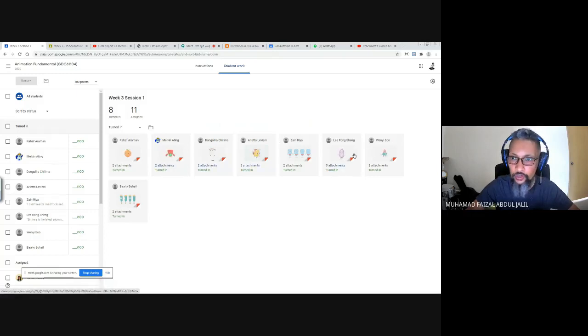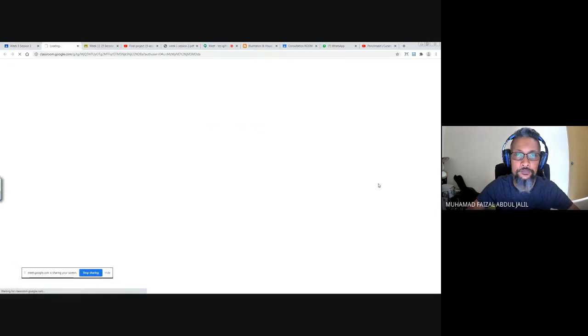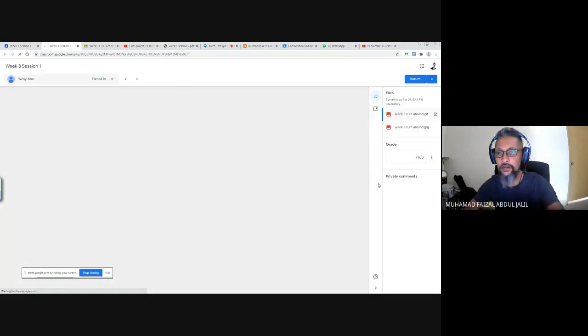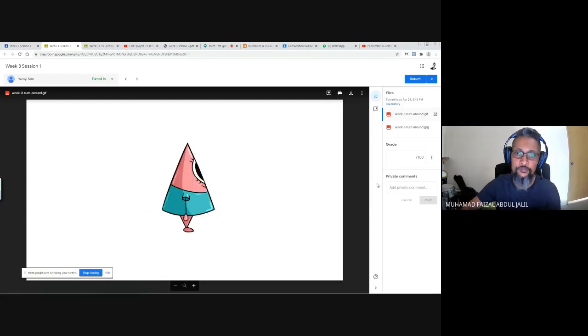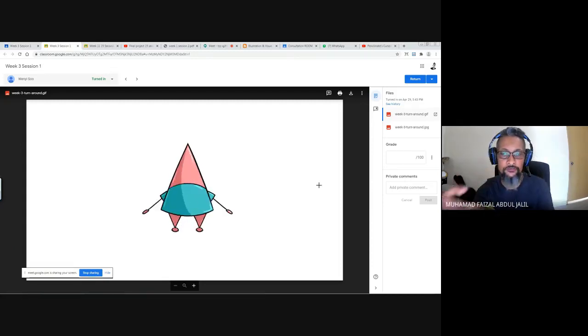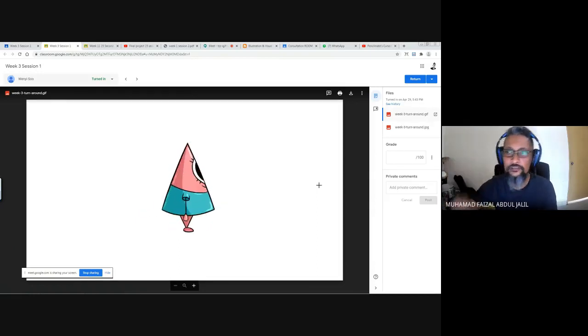But this is basically our exercise. We are going to create our character's 3D turnaround, just like in my demonstration that I shared with you guys yesterday, right? We create a model sheet for our characters, a model turnaround with 4 or 5 different positions.